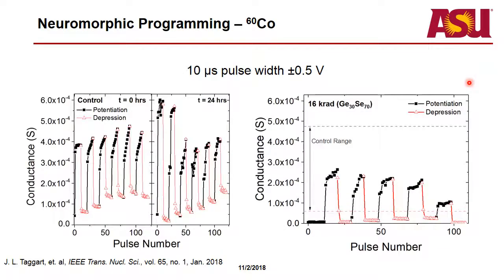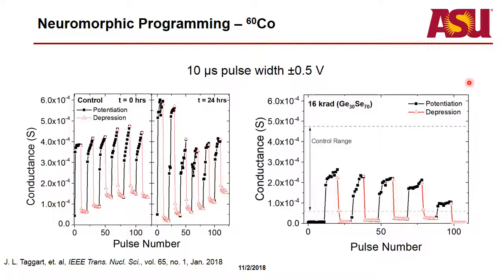So for the devices that were actually used for radiation tests, we had these packaged in a dual inline package, or wire bonded, and then placed inside the gamma cell, and then had ribbon cable running out of the gamma cell to the instruments that we're using. So essentially the arbitrary waveform generator and the 4156 for doing the read bias. And because these devices were packaged and the mask set for our crossbars doesn't have large pads, we're not able to do multi-wire bonds for every contact in order to lower the inductance. And so since we had a lot of inductance,